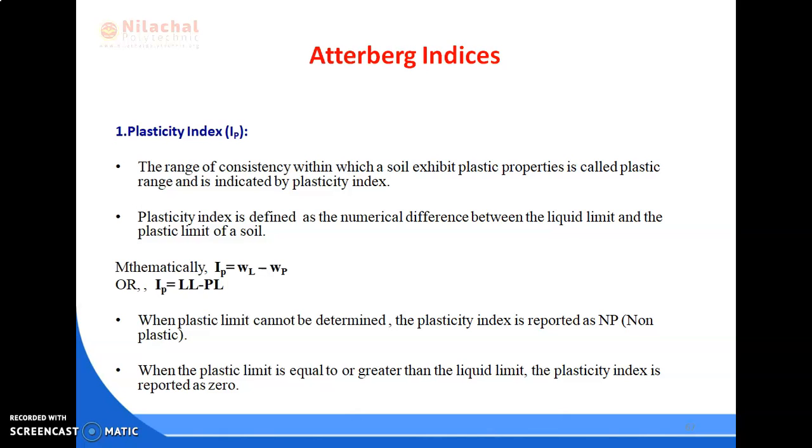Next, Atterberg indices. Different indices are Atterberg indices. So let us discuss one by one. So first is plasticity index. Notation is IP. The range of consistency within which a soil exhibits plastic properties is called plastic range and is indicated by